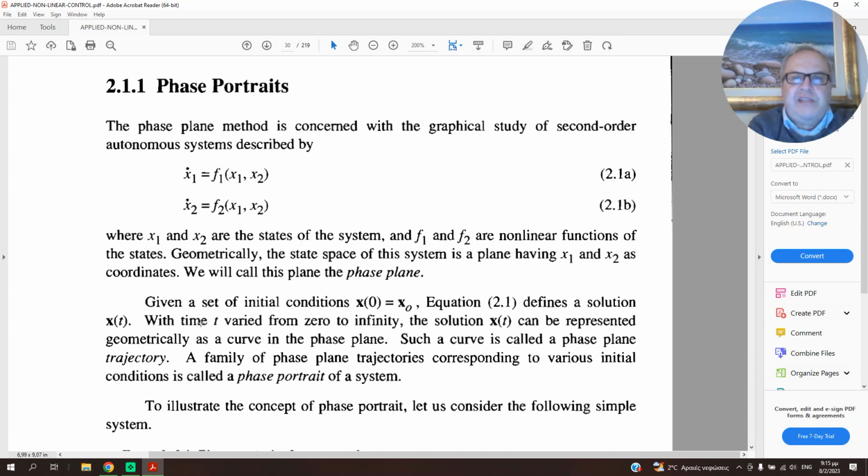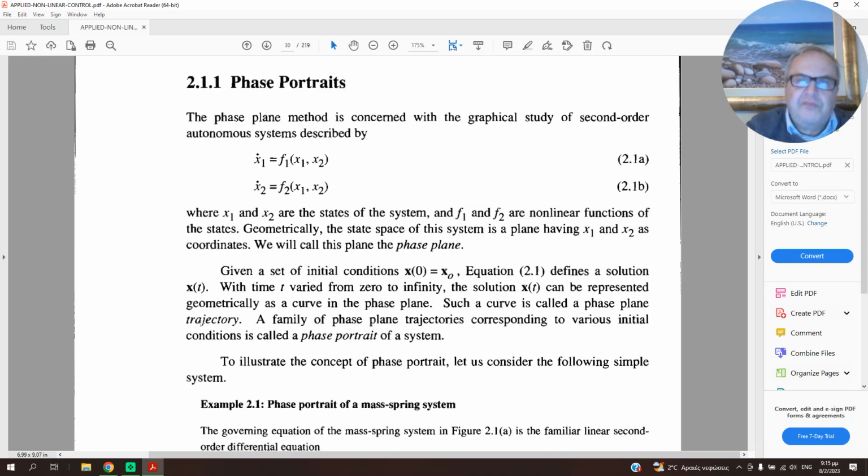Geometrically, the state space of this system is a plane having x1 and x2 as coordinates. We will call this plane the phase plane. Given a set of initial conditions,